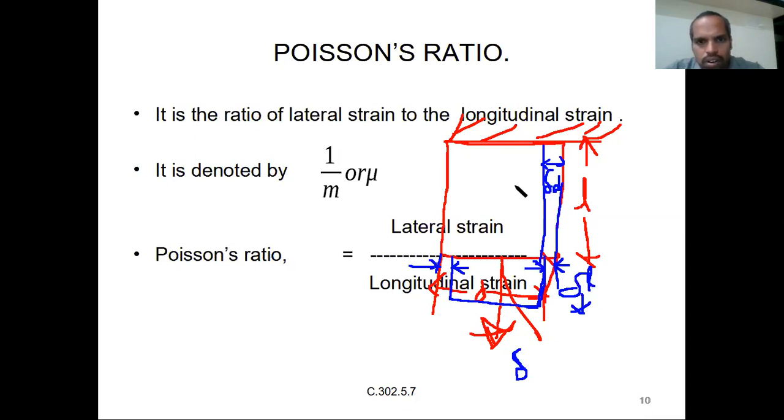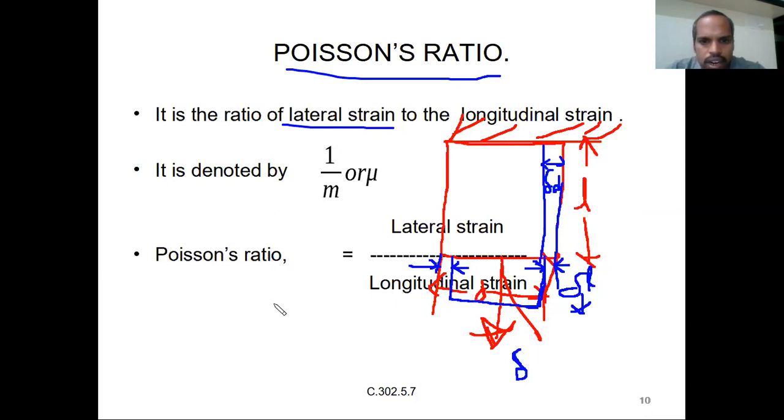So what is the Poisson's ratio? Poisson's ratio means if this type of load acts on this member, then in one dimension it increases and the other decreases, right? Along the length of the member, what is the strain? Along the width, thickness or diameter, that is nothing but lateral strain. And along the length of the member, that is longitudinal or linear strain. So what is Poisson's ratio in this case? Lateral strain by longitudinal strain.